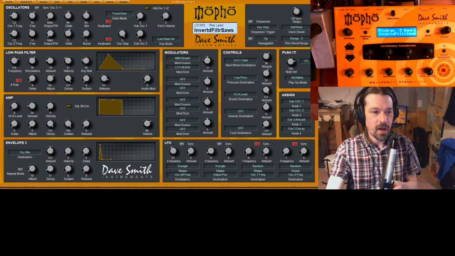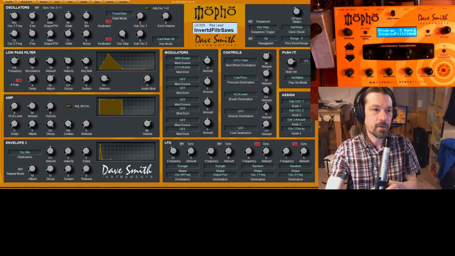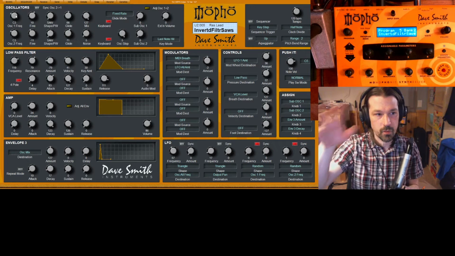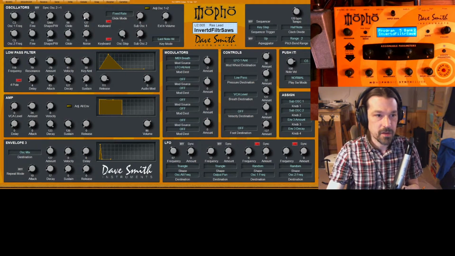So oscillator mix, what you can do with this is, so this is a pretty bass heavy setting, and I'm going to raise the pitch of this overall. But what you can do with that oscillator mix, basically this would be all oscillator 1, and then this is all oscillator 2. So oscillator 1 is this pitch level and this type of sound wave. And then oscillator 2 you can set the same thing, and then you can blend between the two of them. So if we set this to be an even mix, basically right up the center,